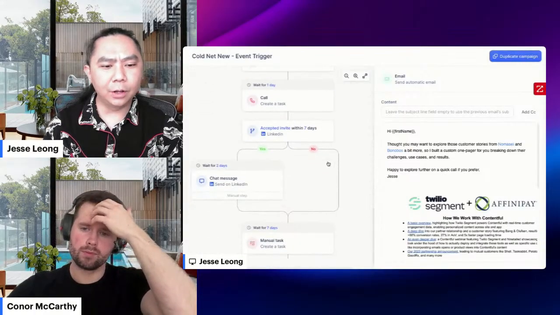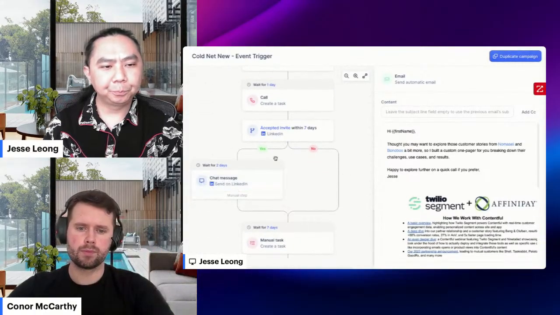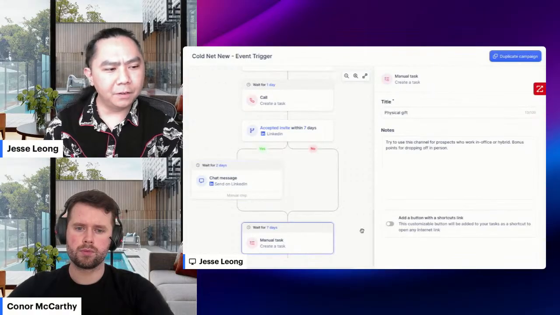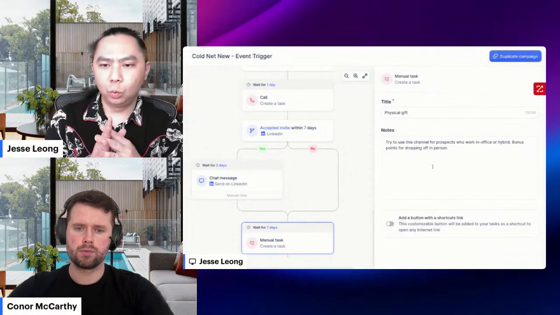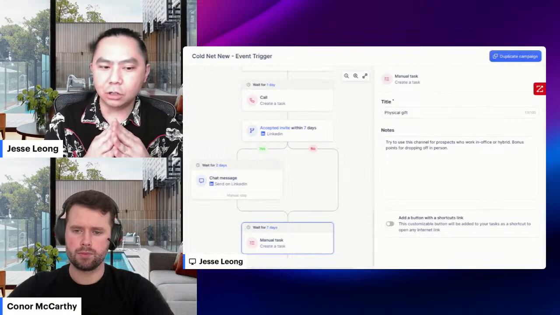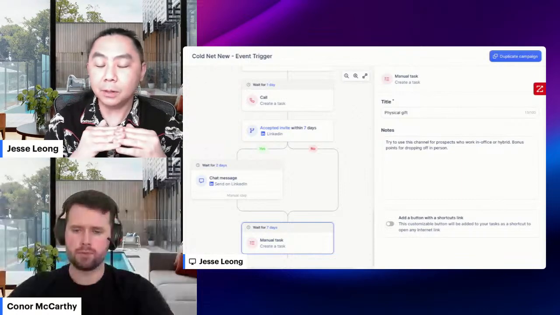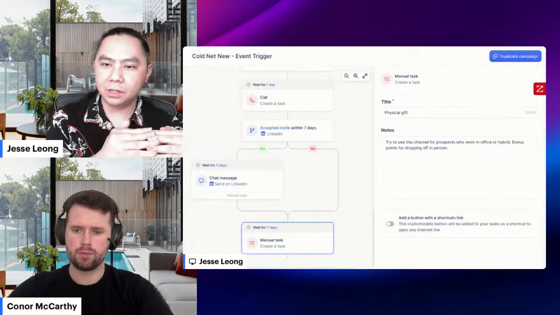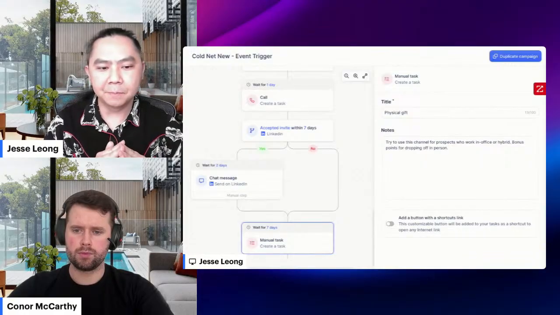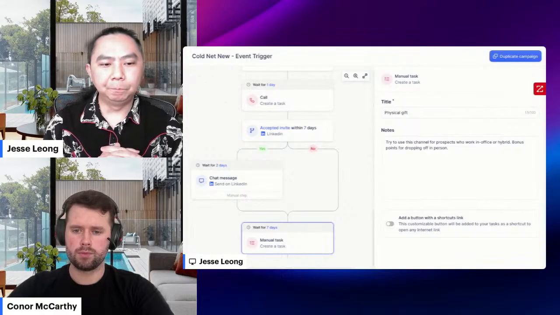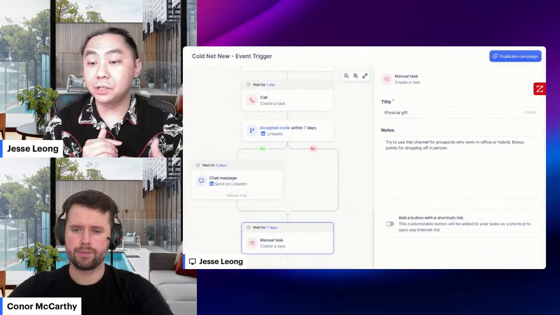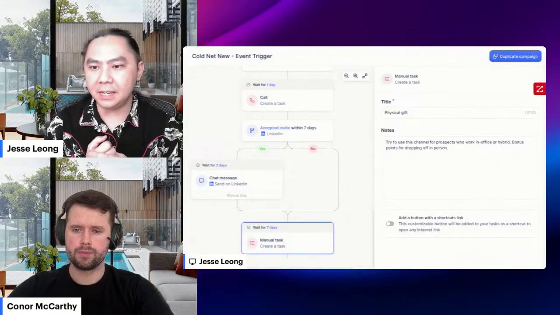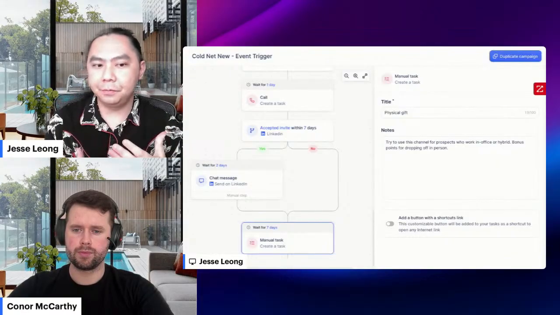I'm going to go to the very bottom here. So now I want to talk about digital gifting and physical gifting. And this applies to both this sequence as well as the next sequence, which is job postings, which I'll cover after Conor does his first sequence. But for very high value prospects, let's say a VP and above, or maybe even the author of the executive priority article that you've discovered,